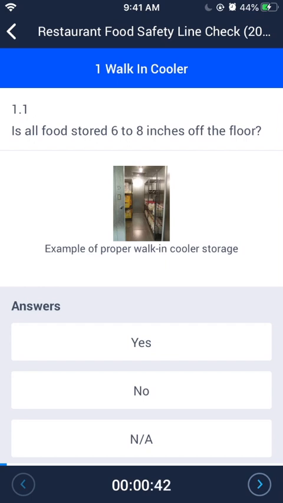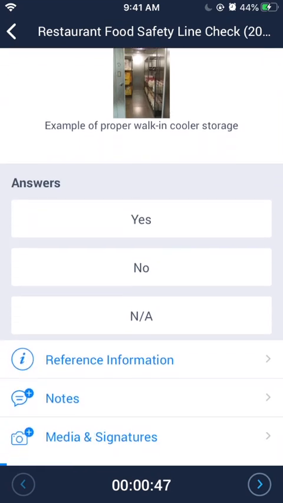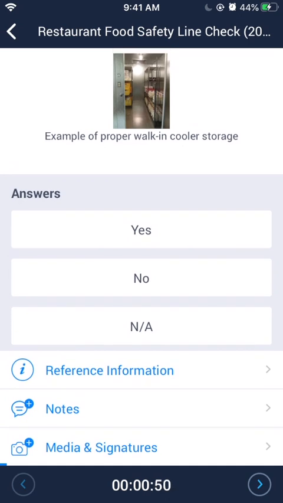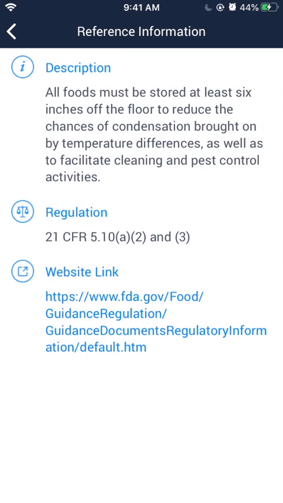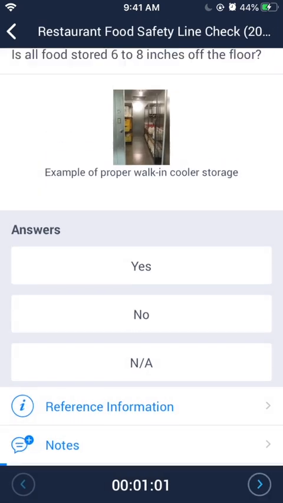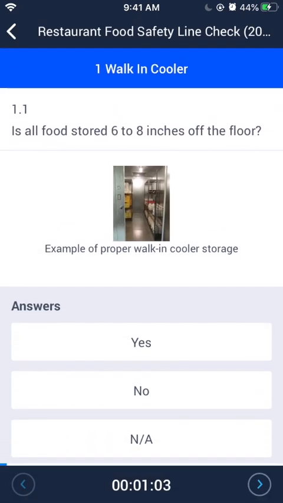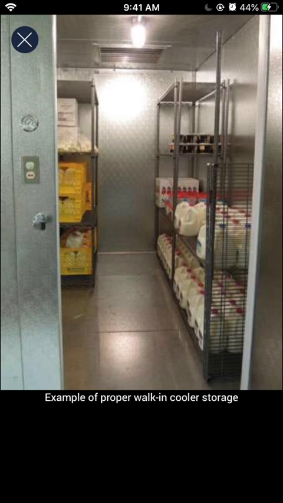In our first question, at the top you can see the question stem, and in the middle are several customizable options that can serve as additional reference materials for the person conducting the audit. This can include a detailed description about the question so that a manager knows what to look for and to help train other employees if needed. We can also include a photo to serve as a visual reference for managers and employees to know exactly what is being evaluated and compare what they are seeing in their store with the example that is included in the